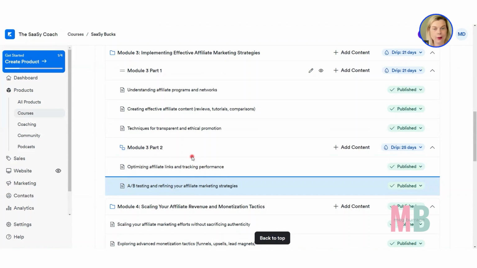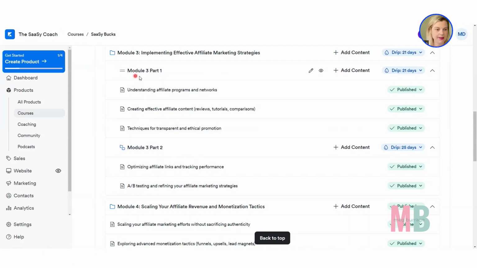Right, it can be a little bit temperamental, but once you've played around with it, okay, so anything here inside of this submodule releases on 21 days. Anything inside of this submodule releases after 25 days. If you left anything up here, you didn't put it into submodules, it would just release with that parent module on 21 days. Okay, so a little bit for you to wrap your head around today,